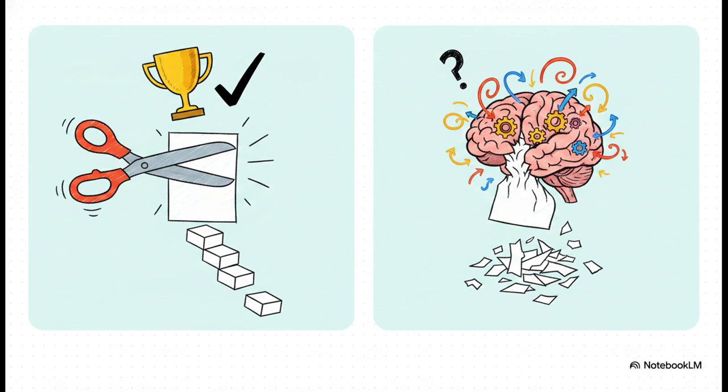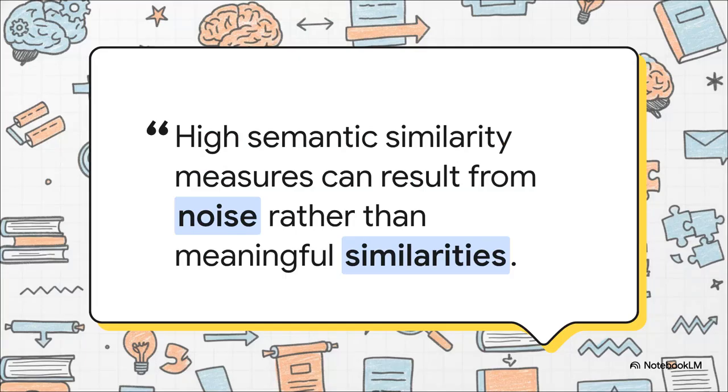There's no way, right? The advanced semantic method tries to break chunks based on shifts in meaning, but ironically, it ends up performing worse. This brilliantly illustrates exactly why the fancy semantic method fails. As the Superlinked research points out, high semantic similarity measures can result from noise rather than meaningful similarities, because word embeddings basically encode the average meaning of a word. Since words constantly change meaning depending on context, relying purely on mathematical semantic similarity creates this weird mathematical noise. It forces the chunker to break the text at the worst possible times, separating thoughts that absolutely belong together.